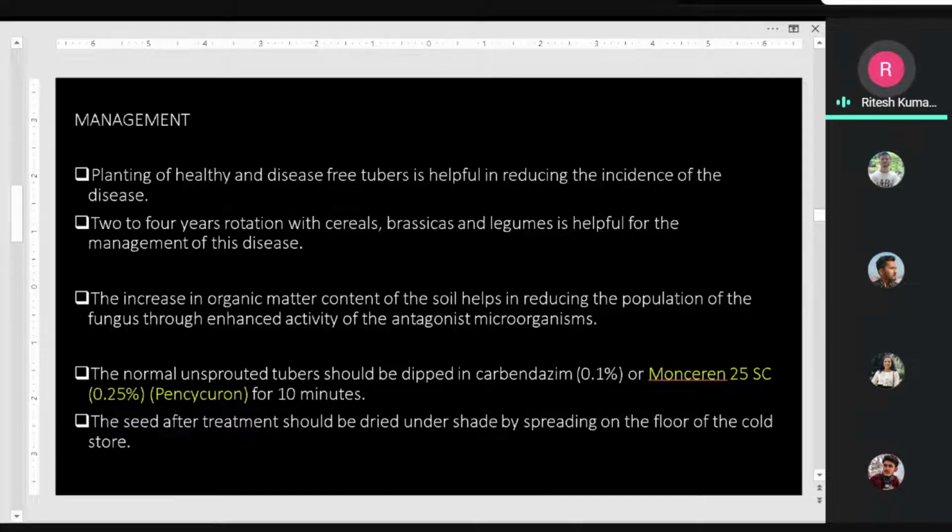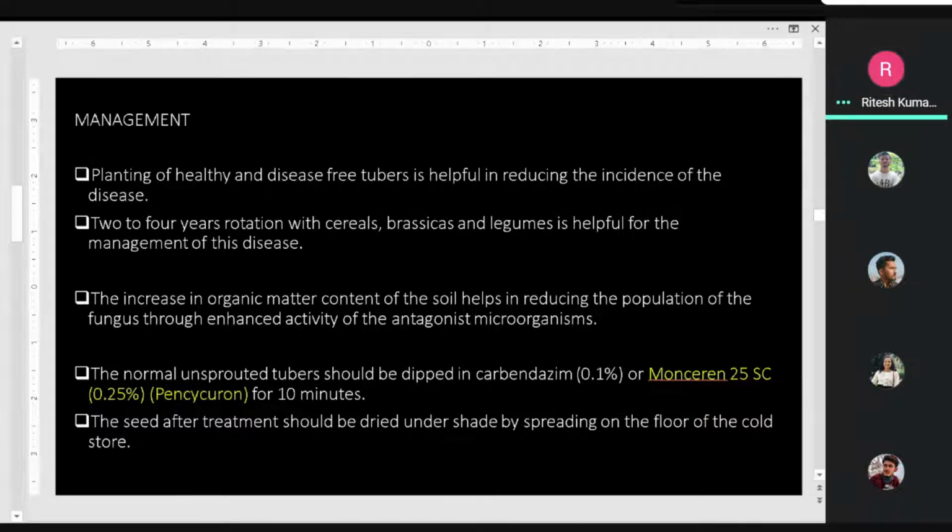त्यस्तै म्यागोजेब अथवा मेटालेक्जिलको फर्मुलेसनको ट्युबर ट्रिटमेन्ट पनि गर्न सकिन्छ, at the rate of 0.2%, that is 2 grams per liter of water. So crop rotation with cereals or mustard, generally brassicaceous crop or legumes can be done. Incorporation of high amount of organic matter is advisable. अथवा neem cake को application is advisable at the rate of 150 kg per